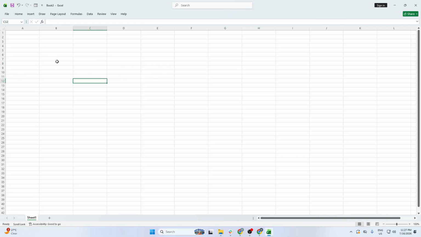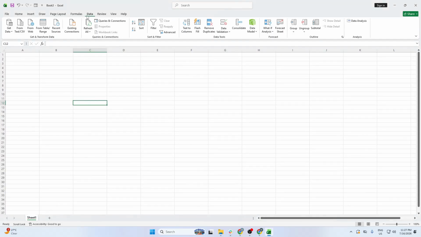To begin, open Excel and look at the top area of the window. This area is called the ribbon. Now click the Data tab on the ribbon. Take a moment to make sure you are on the correct tab, because the import options are located on the Data menu. When you select it, you will see a group of commands that relate to getting data from different